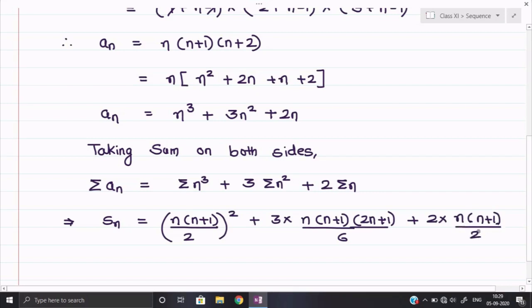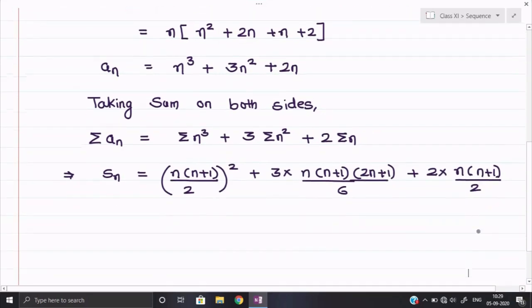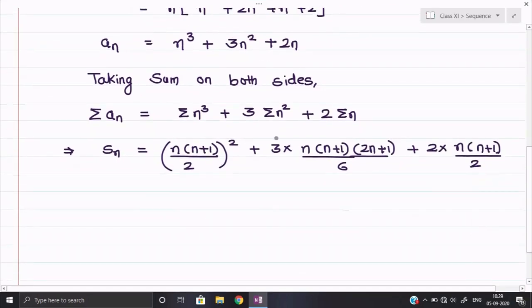Okay, so now if we simplify further, one thing you observe here, from 3 we can cancel 6, it will remain 2. Here 2 and 2 also we can cancel, but see everywhere in the denominator, here also 2 is coming, here also 2 is coming, and here it will come 4. So it will be easier for us to take the common. So better we shall take the common. Okay, so we shall take the common over here as n into n plus 1 whole divided by 2. That I will take common over here.